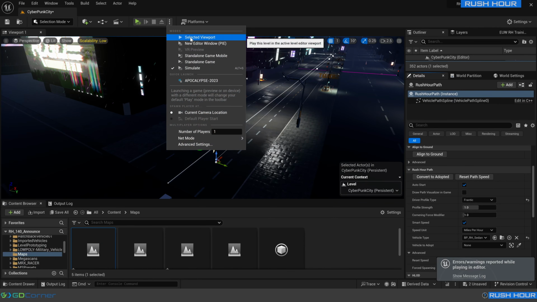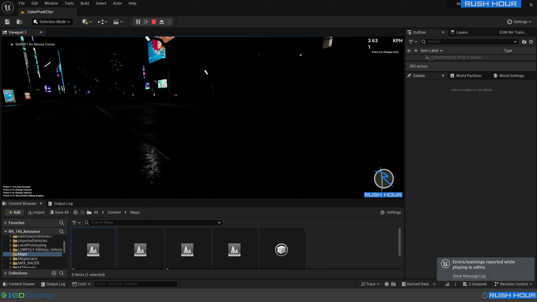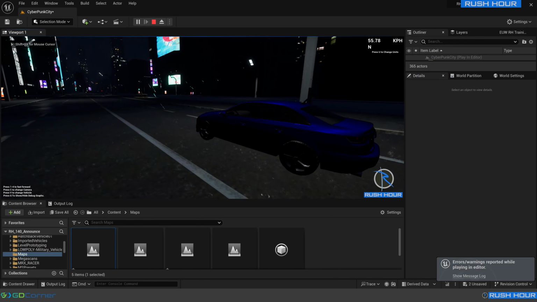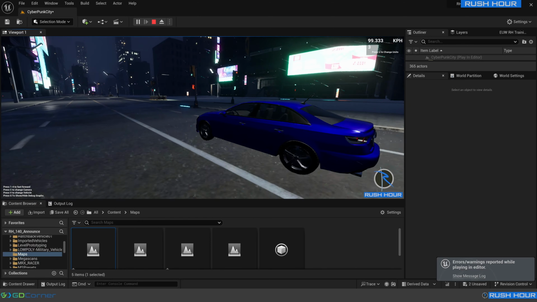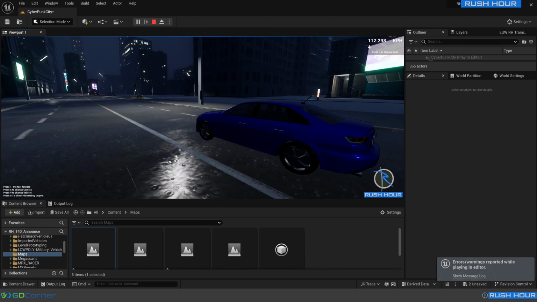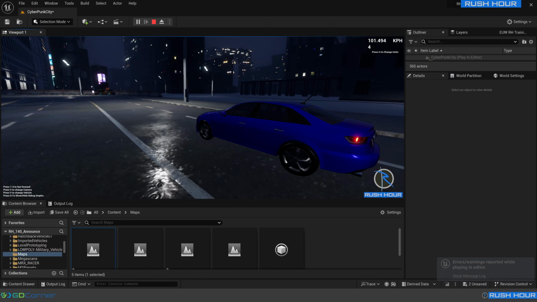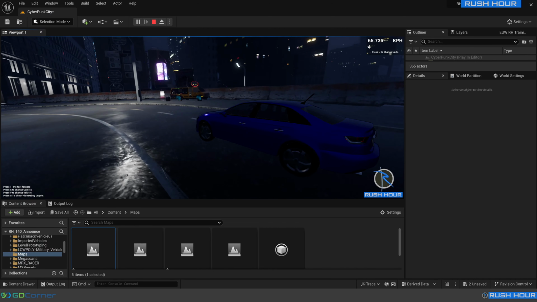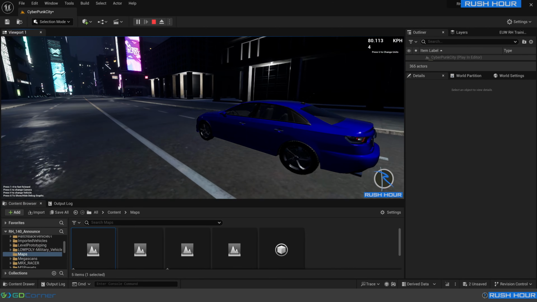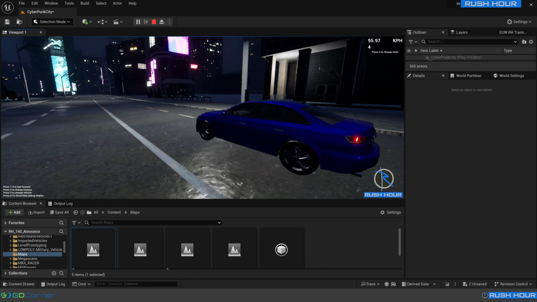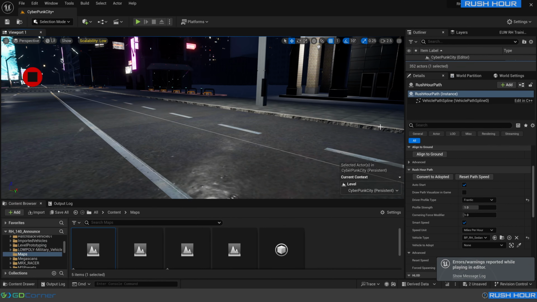So if we hit start now and go selected viewport, we're just going to watch the speed in the top right. So as it approaches the corner, it slows down and it mostly stays in control, but we slow down to about 65 kilometers an hour. So let's stop that. And if we were to modify the cornering force modifier on the path, let's change that